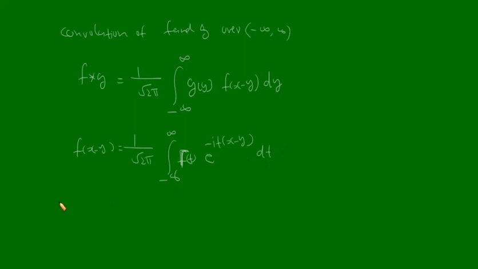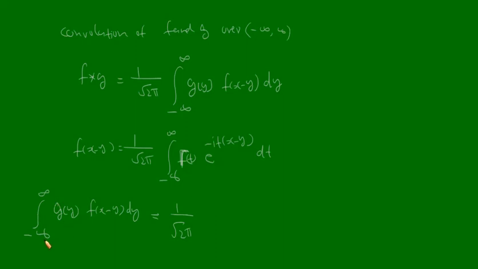So if I find the integral from minus infinity to infinity g of y into f of x minus y dy, then substituting f of x minus y, this will be equal to 1 by root 2 pi,